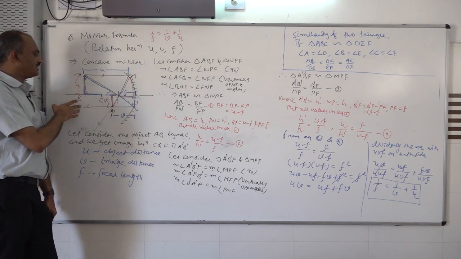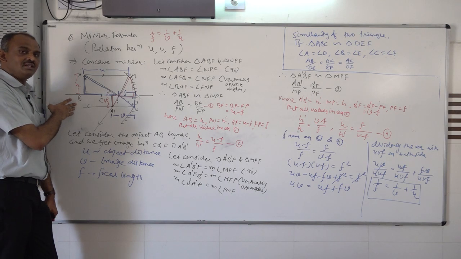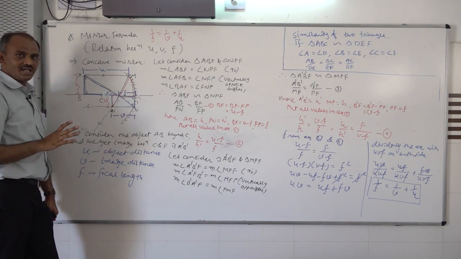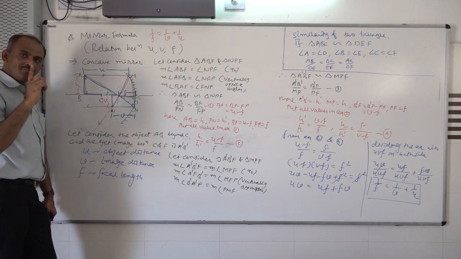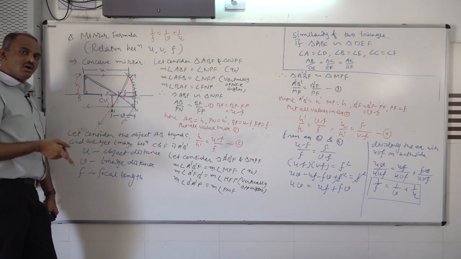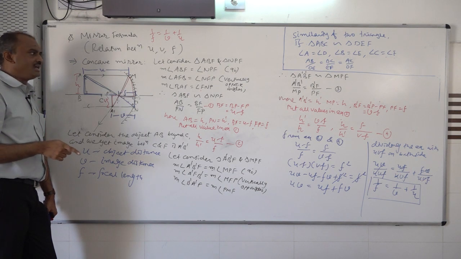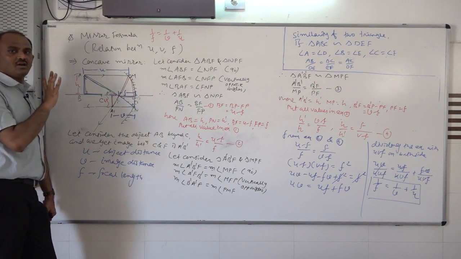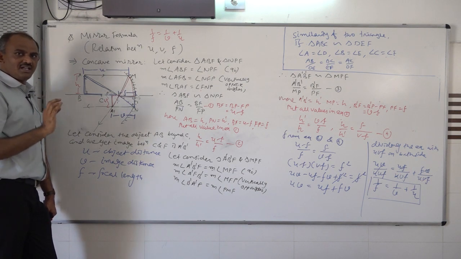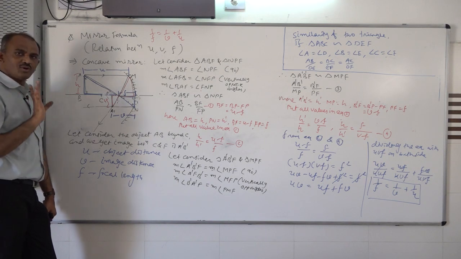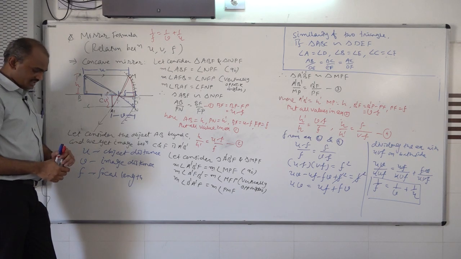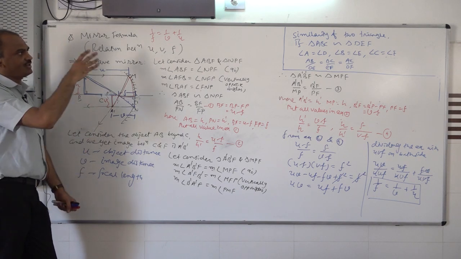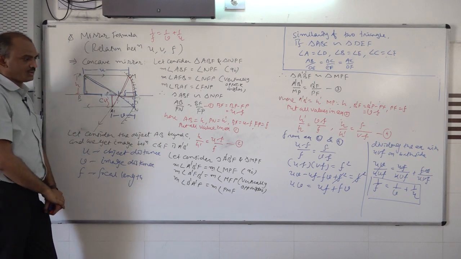And here we are considering the object is placed beyond the C. If we consider the object placed anywhere else, we get the same formula. It means the formula does not depend on the type of mirror. Also, the formula does not depend on the place where the object is placed. It is independent of it. So we get the same formula for the spherical mirror: 1 upon f is equal to 1 upon v plus 1 upon u.